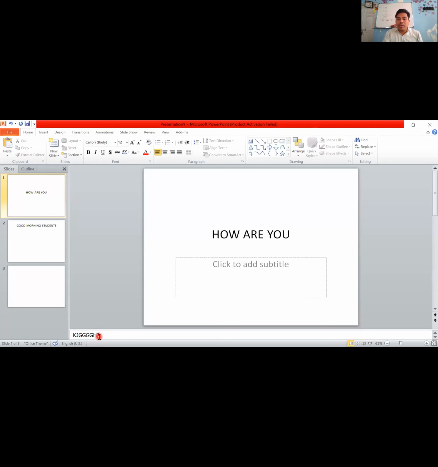Your viewers won't be able to view whatever you have written in the notes pane. So this bottom part is known as the notes pane, where you write some text just for your reference, so that you come to know why you have created that slide.